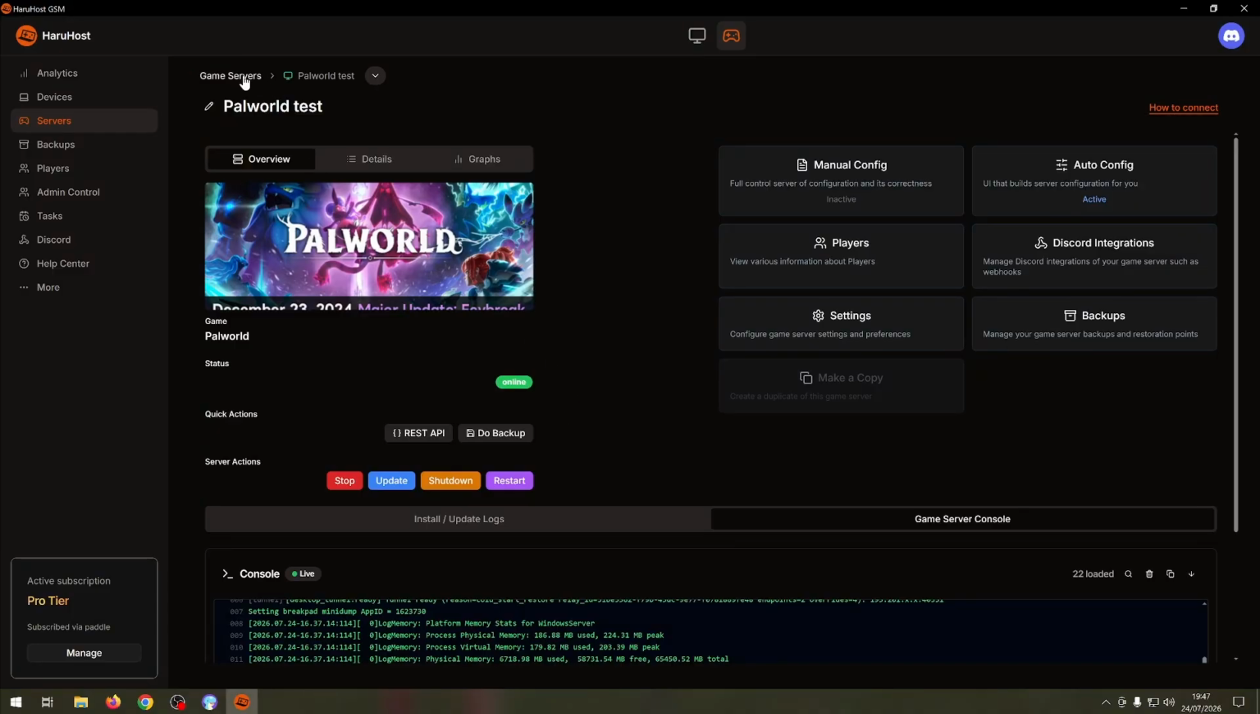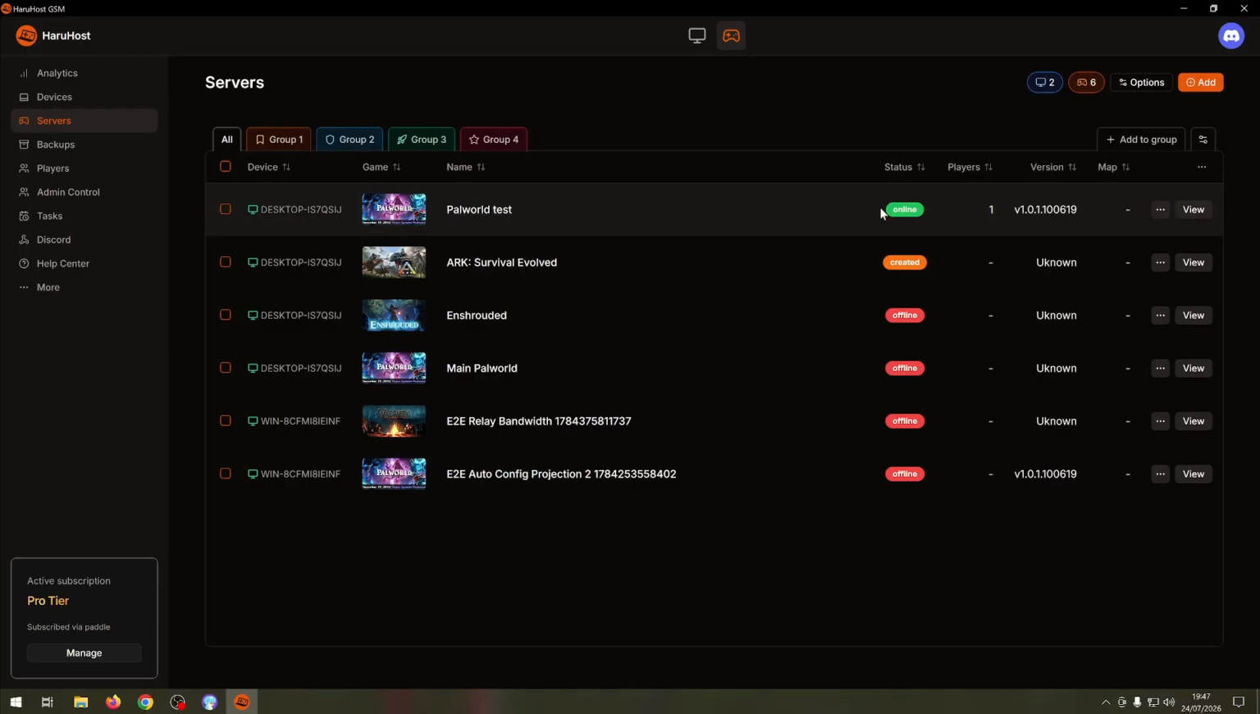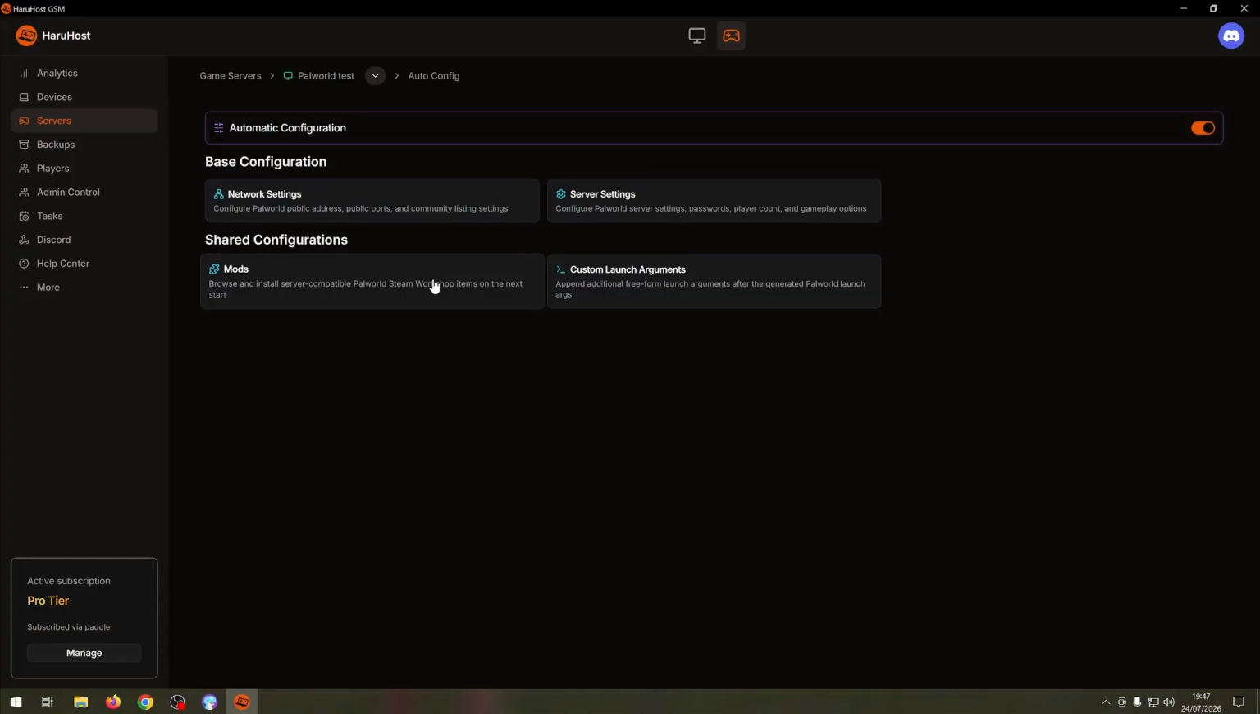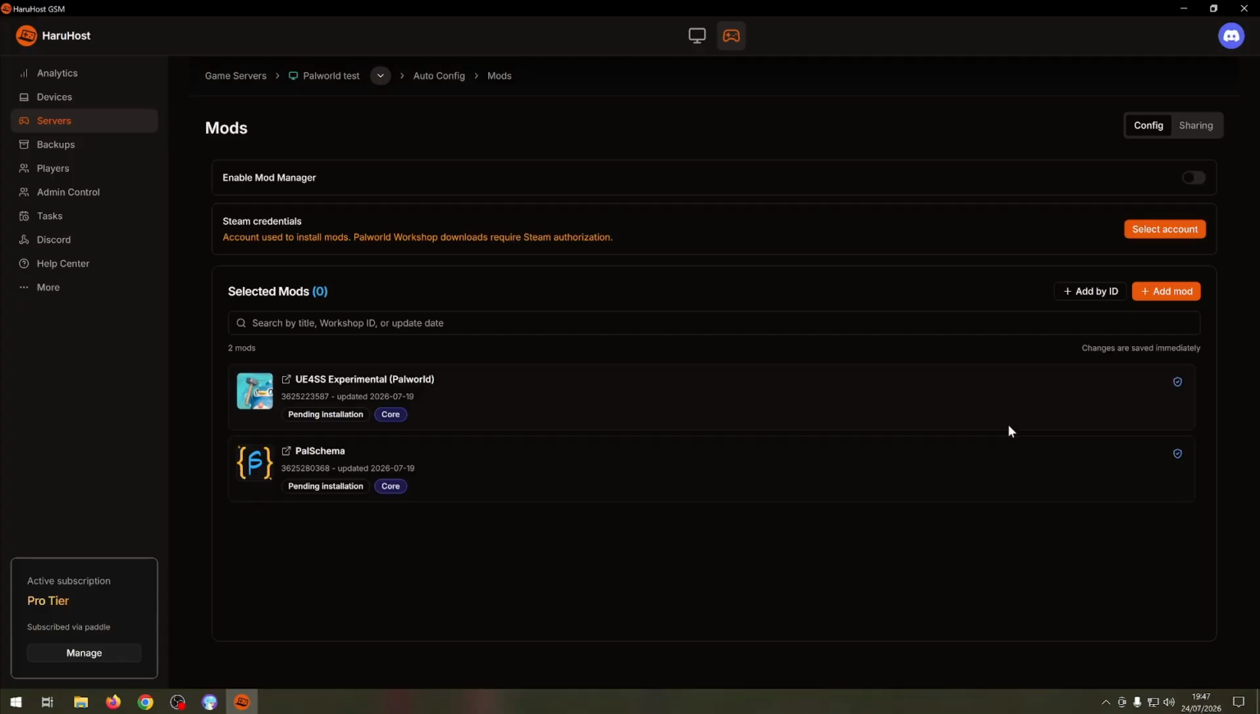So as you can see, I have an already existing running server, so I'll just go to view. Then I go to auto config and go to the mods section. Here it already lists the core mods because most mods require file schema and UE4SS. Now in order for the mods to work, a few prerequisites are needed. So first one is to enable the mod manager,